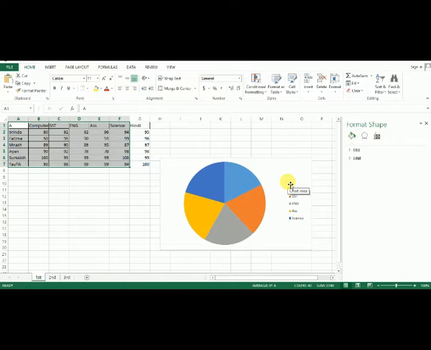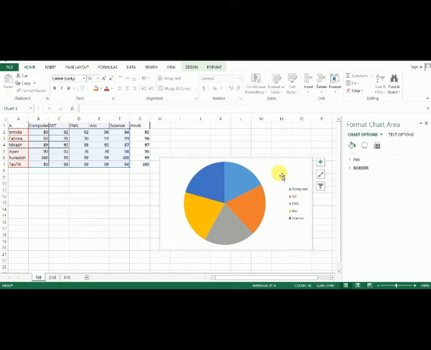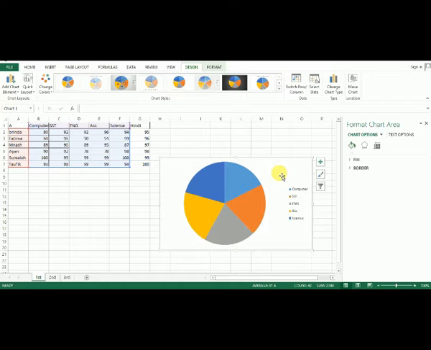So listen to this line. By default, when you add more data to your spreadsheet, the chart may not include the new data. Same problem. To fix this, you can adjust the data range.